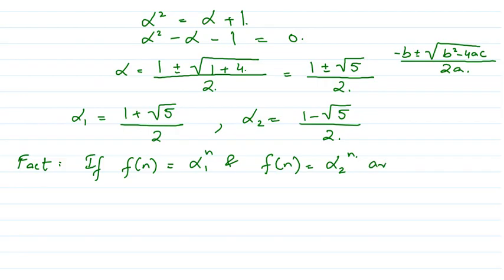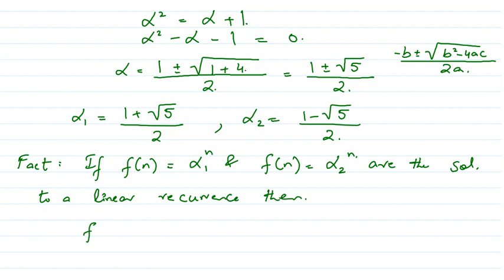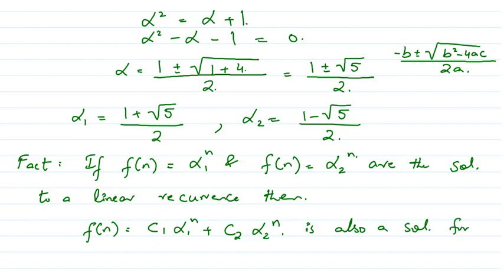So if these two are the solutions to a linear recurrence, then f of n is equal to c1 alpha 1 power n plus c2 alpha 2 power n, which is also a solution for any constants